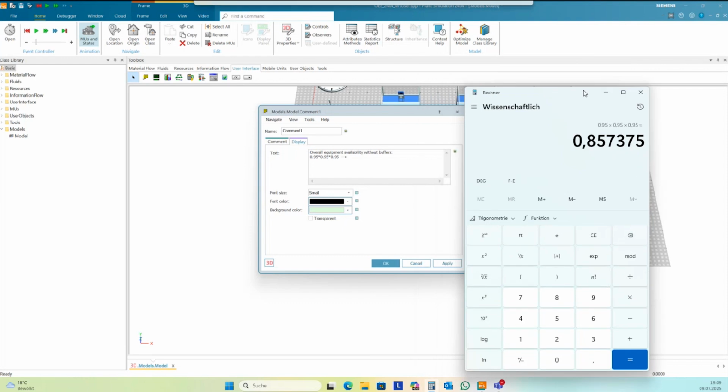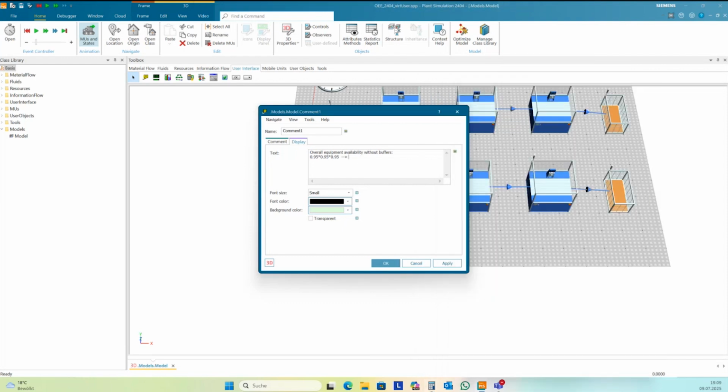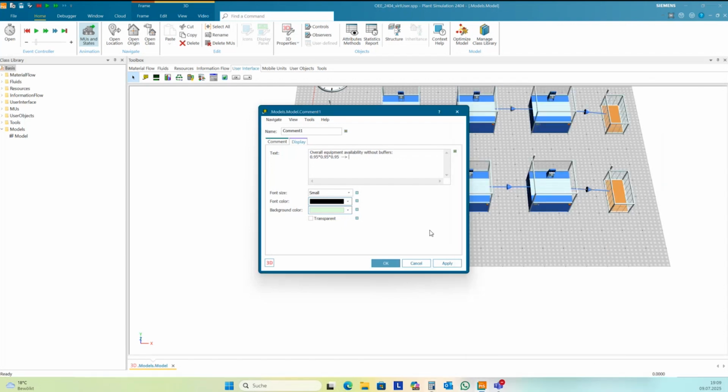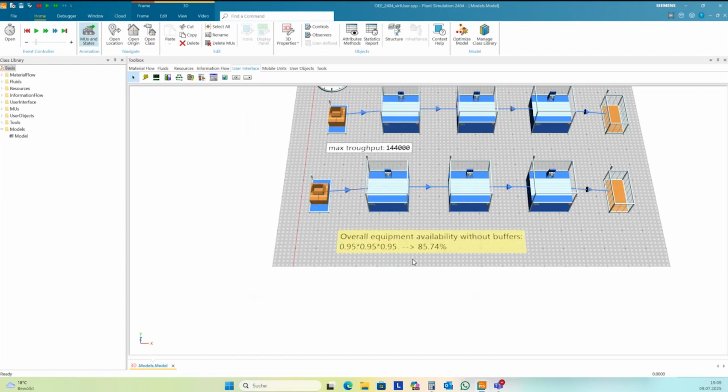And you get an overall equipment availability of 0.8573. This is the theoretical value.